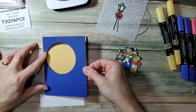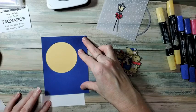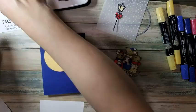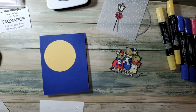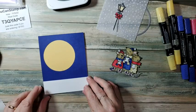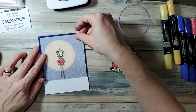To the soft saffron. And there's not going to be any edge on this. Okay, now I'm also going to glue the snow down at the bottom. But I didn't put the glue too far in here, so I could tuck this other one in. So then this is going to go right here, but I'm not sticking it down